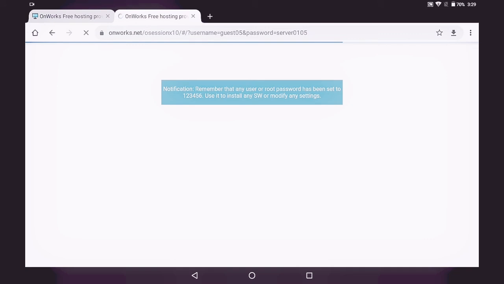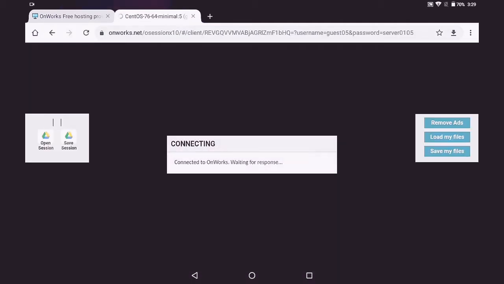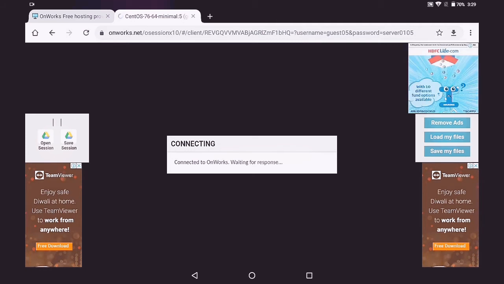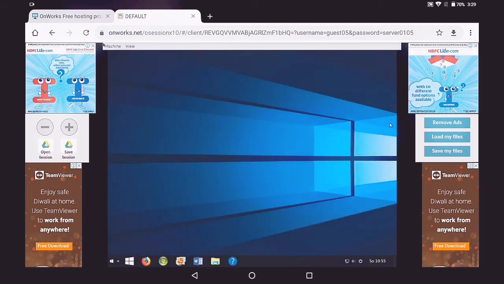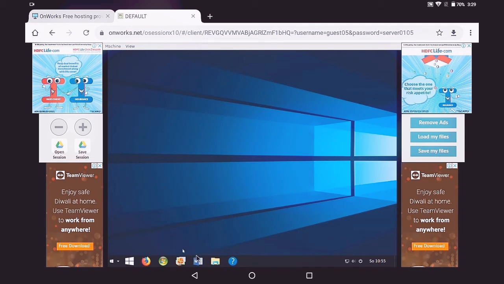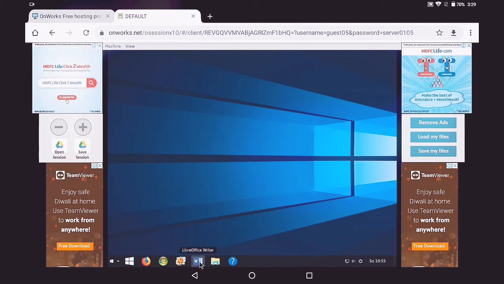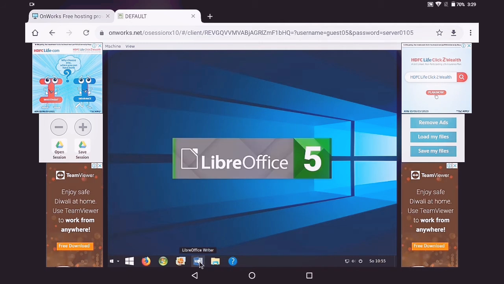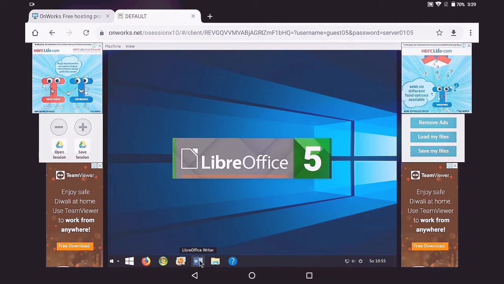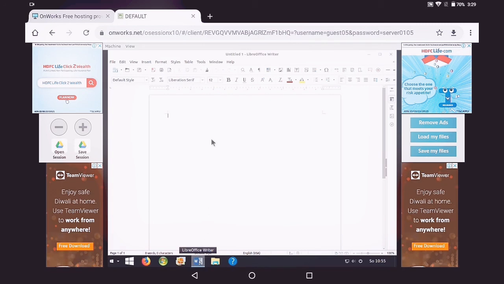Okay, so viewers, we are in our Windows. Now my internet is a little bit slow. In my past two videos the internet speed was good, but not now. Viewers, if you did not turn on the desktop site, you wouldn't have got this Google Drive option. So first, for showing you, I'm saving a WordPad.